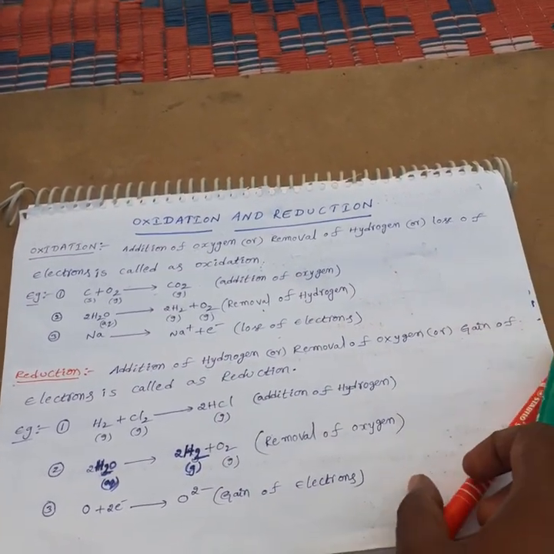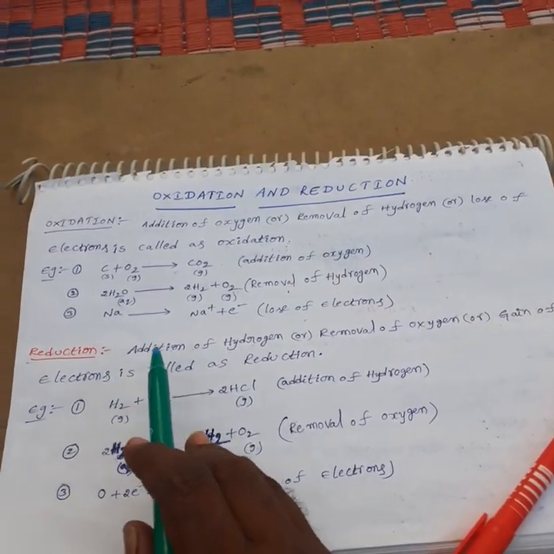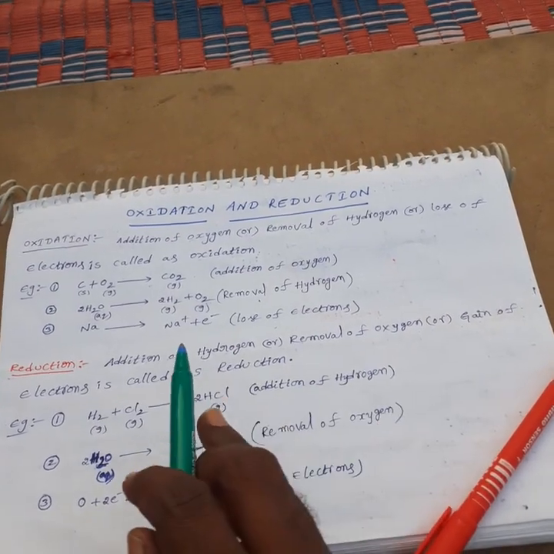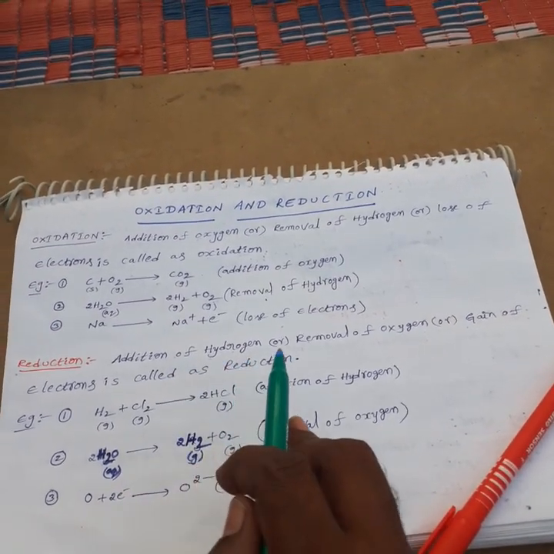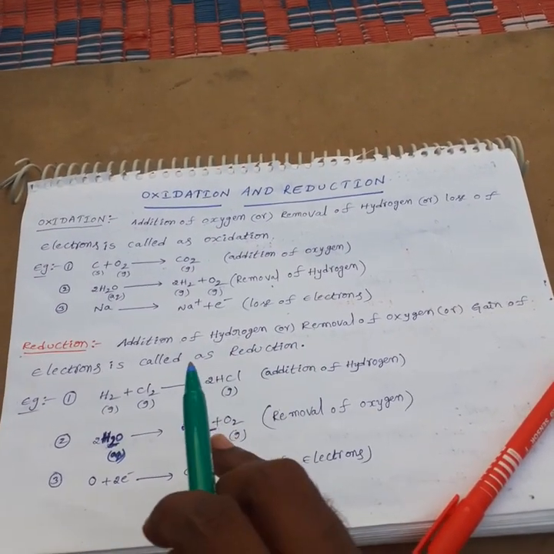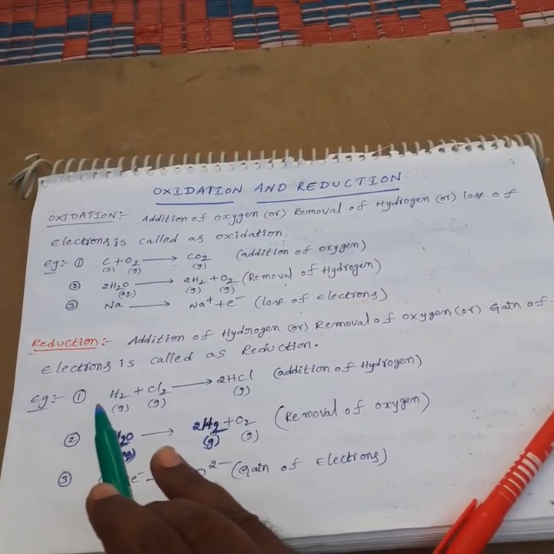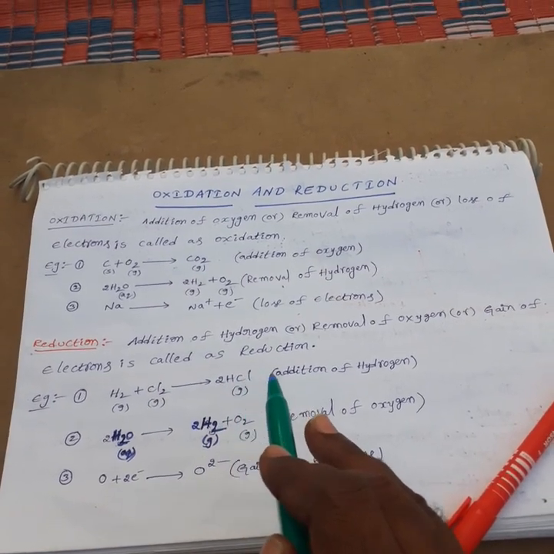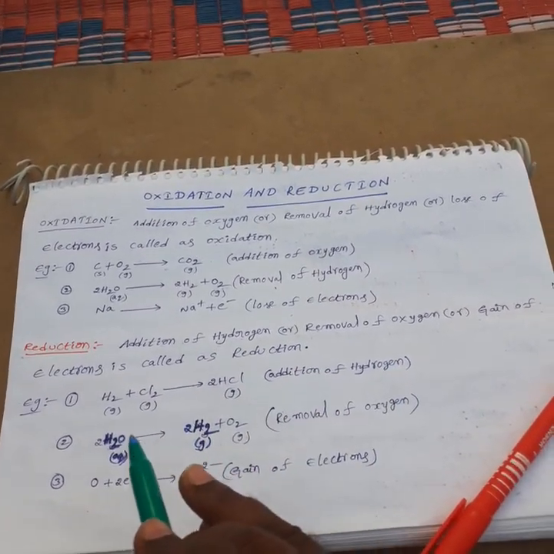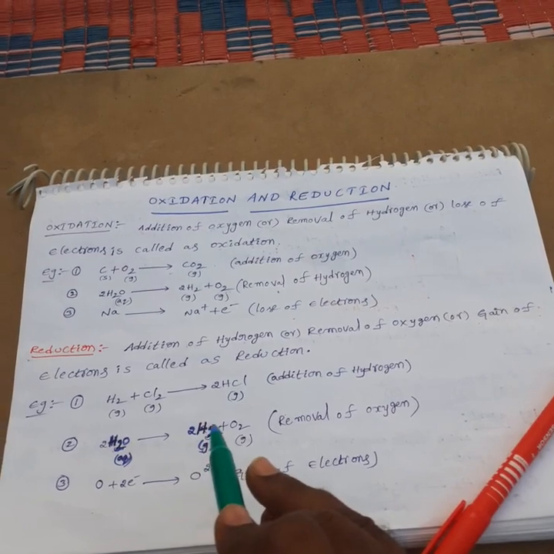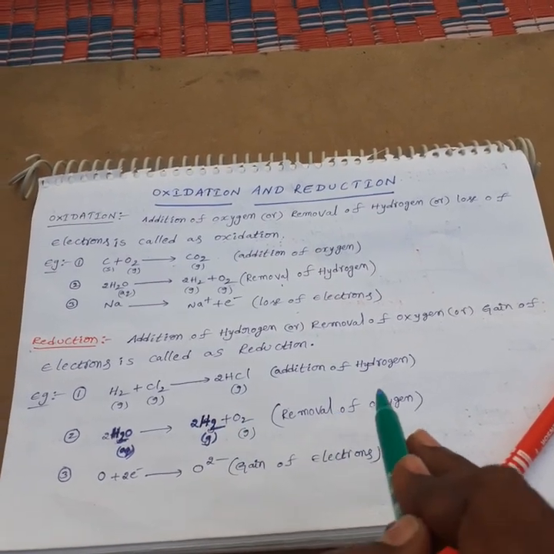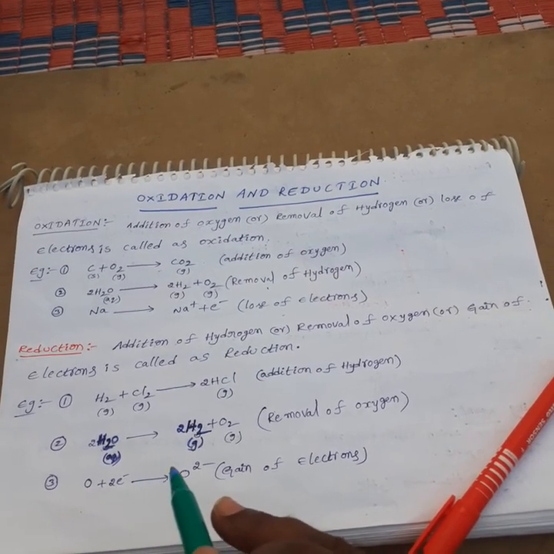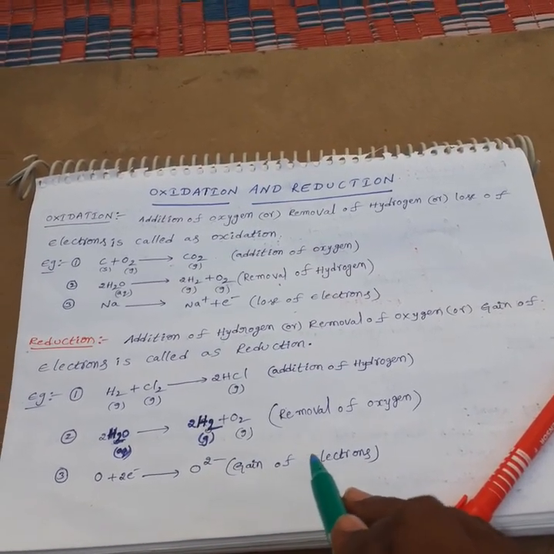And next, here we can observe the reduction process. Addition of hydrogen or removal of oxygen or gain of electrons is called reduction. An example of reduction is hydrogen reacting with chlorine to form hydrogen chloride, that is addition of hydrogen. Second, a water molecule can be decomposed into hydrogen and oxygen, that is removal of oxygen. And third, oxygen adds 2 electrons to form oxide ion, that is called gain of